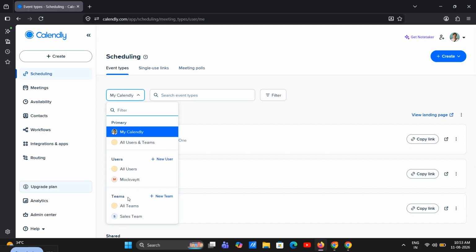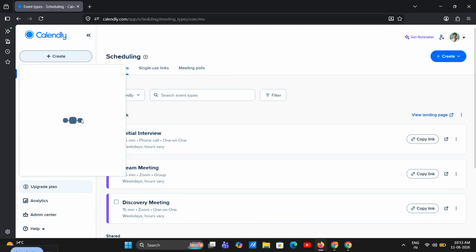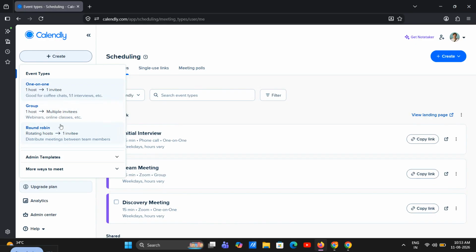If you want meetings to rotate across your team, choose round robin. This option is great for sales teams, support teams, or any group that wants to spread meetings evenly. Calendly will send the next meeting to the next available person, or balance the load across the team depending on